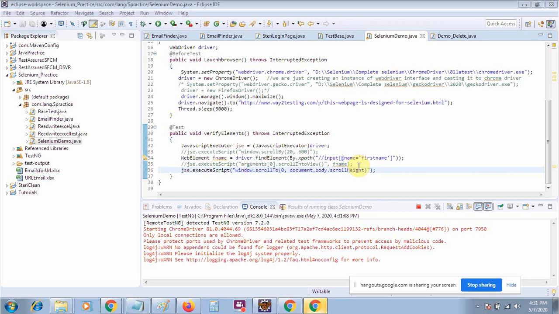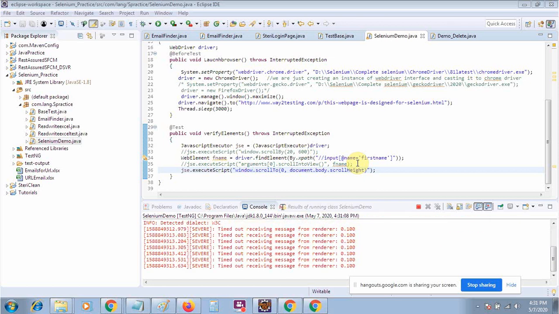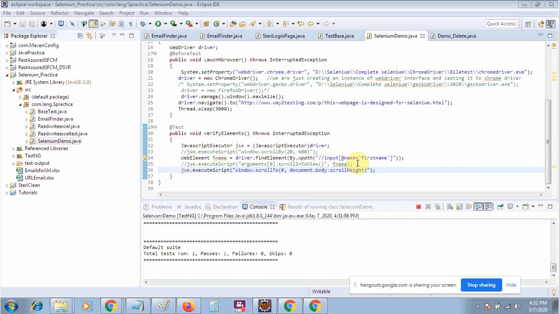After Chromium has been launched, there are three methods to scroll. You can scroll up to the x and y pixel, you can scroll up to the element, you can scroll up to the bottom of the web page, but we can also create a lot of things from these. For example, if there is a scenario that you have to scroll up to the bottom of the web page. Now second scenario, you have to again scroll your web page from bottom to the top of the web page. So for this one, let me tell you how it will be done.